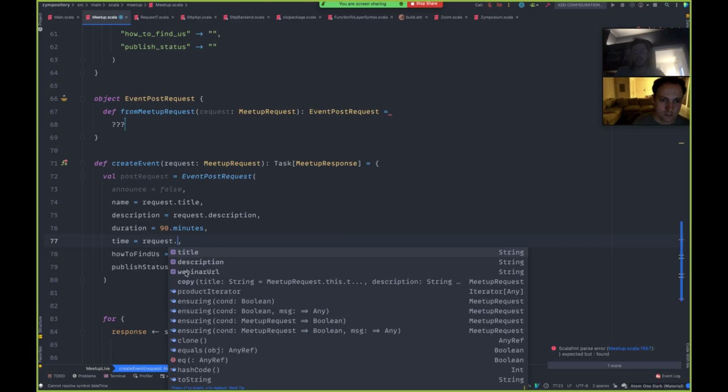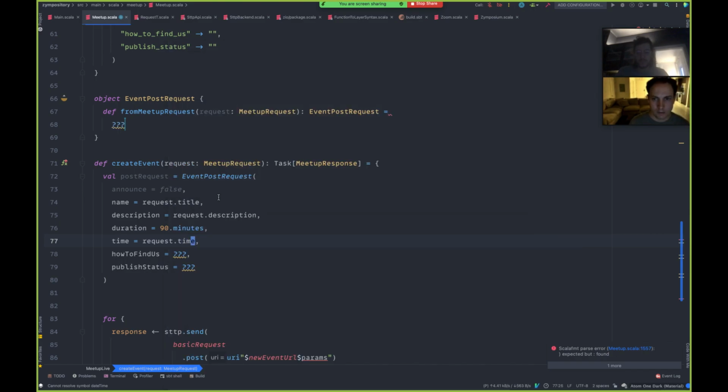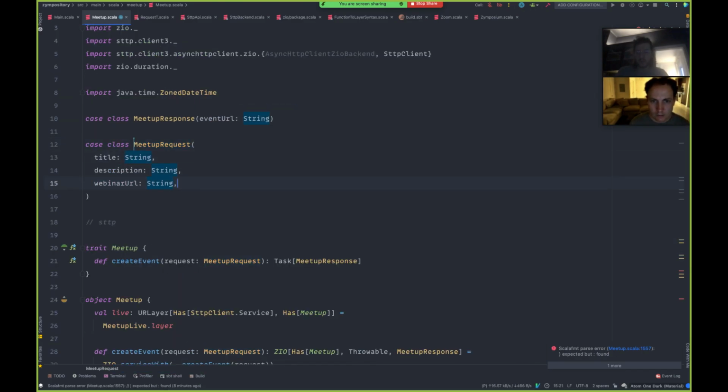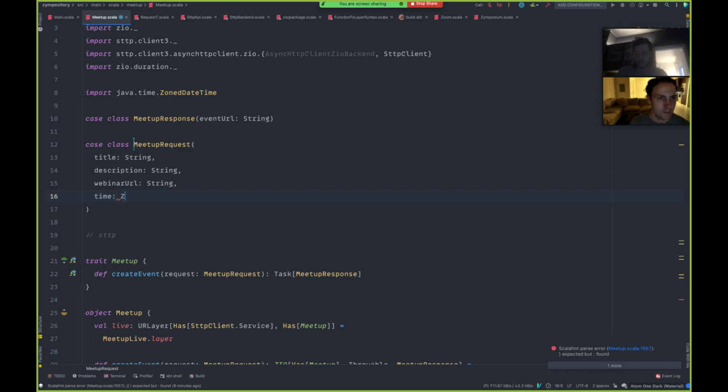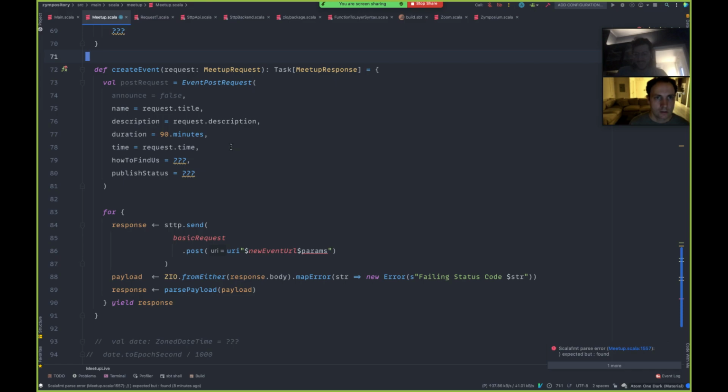Oh yes. Currently, we don't have a date in here. Maybe we could add one. Isn't it in the... Not in the meetup request. Right. Okay, so that was an issue in our modeling. So in datetime. It's quite simple. Just add it. And now we have it.